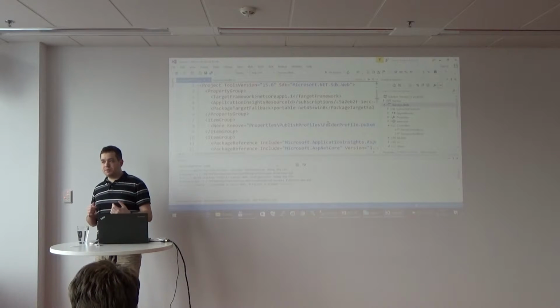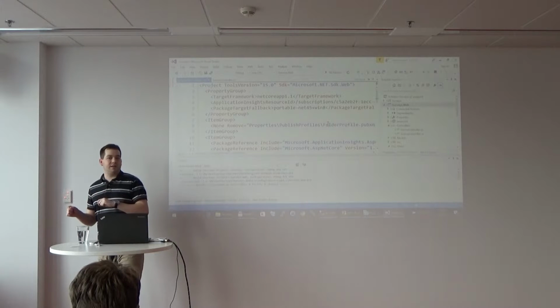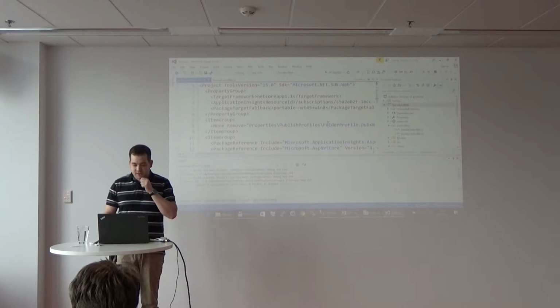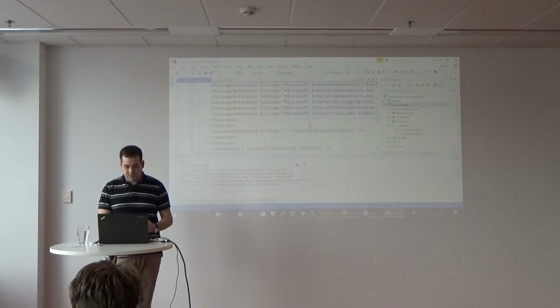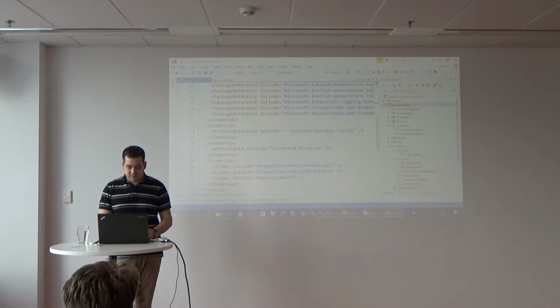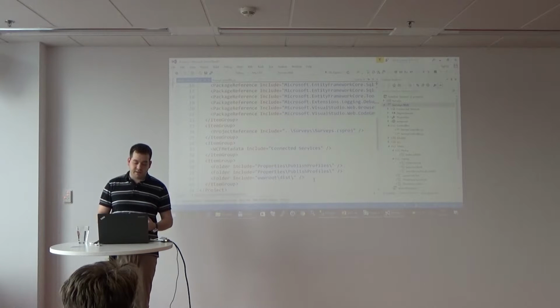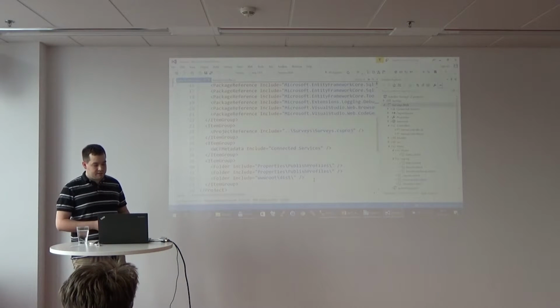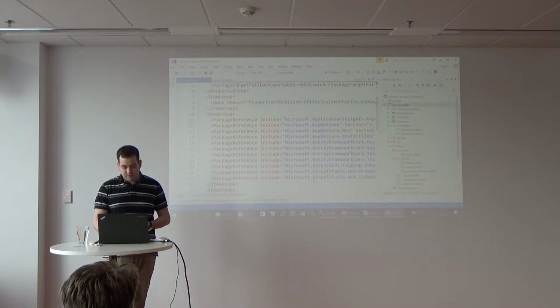They removed the most painful elements from these configuration files, so it's quite a bit shorter. And right now you just specify the folders that can be excluded, and also you specify the NuGet packages.